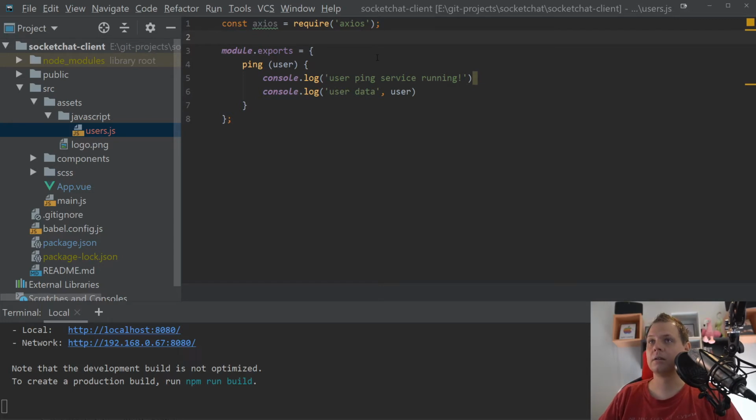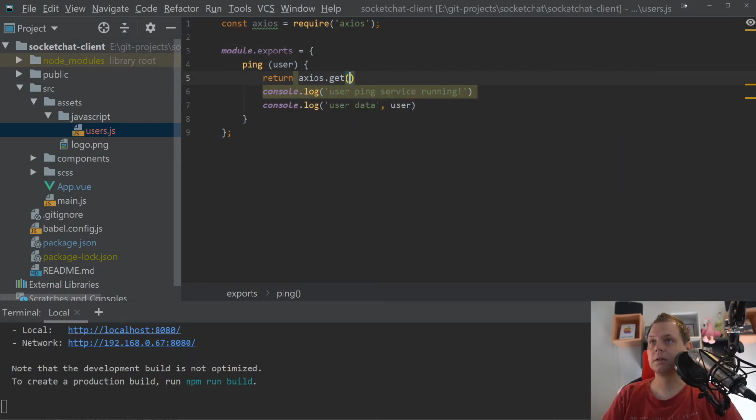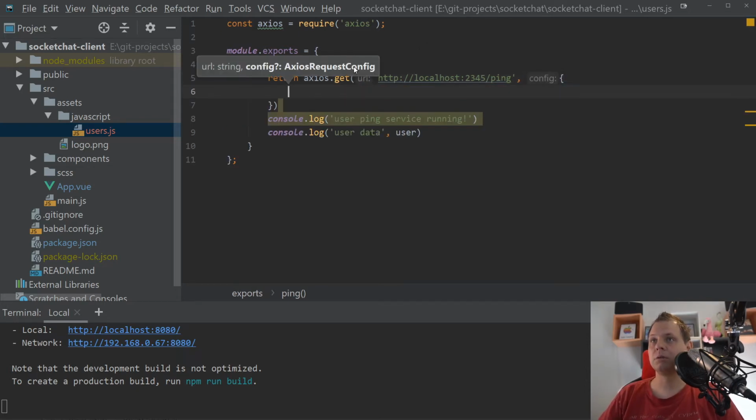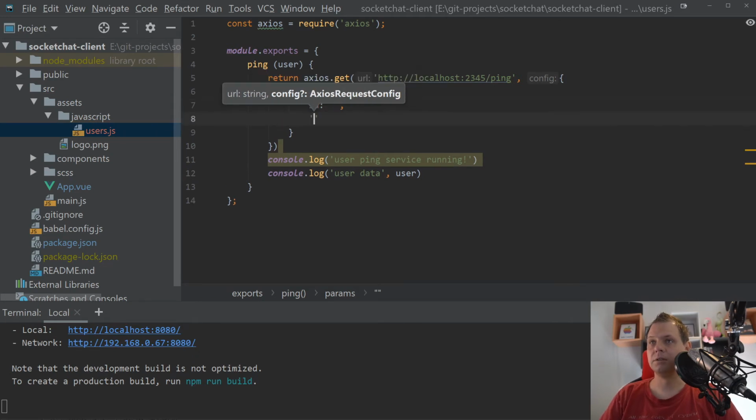and then we can use axios down here. Return axios get, and then we need the URL, and now we'll just use a static one here, 2345 and then the ping. We will later in the future change this so it will be dynamic, based on a configuration file or the environment file, but for now that's fine. And then we go into configuration, the params, and in the params we need the ID, and then we need the user ID,